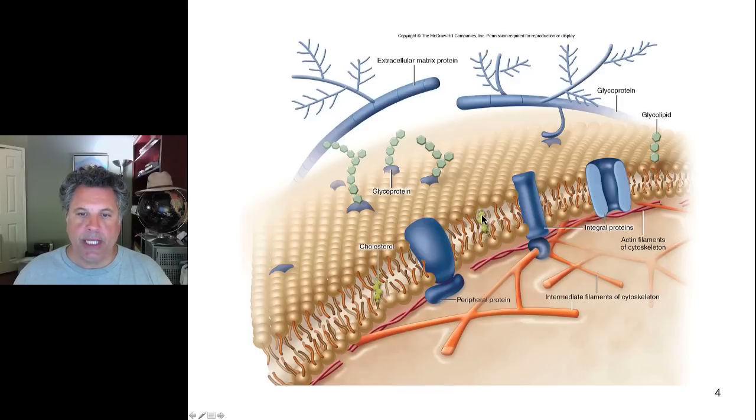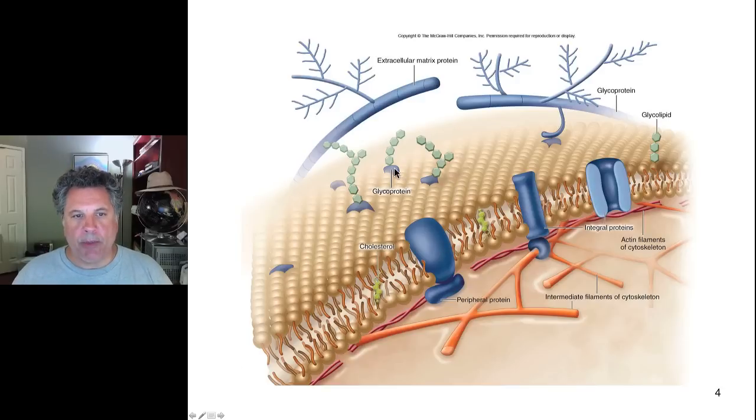Cholesterol can be inserted into the membrane, as we will see, and that cholesterol is a lipid, as you know. It's a steroid alcohol, and its hydrophobic portion can insert into the hydrophobic region of the phospholipid bilayer, and it affects membrane fluidity, as we will see. And there are peripheral proteins that are found near the inner bilayer in the cytoplasm, and they can be associated with proteins that are integral membrane proteins. So integral membrane proteins are ones that are embedded in the membrane.